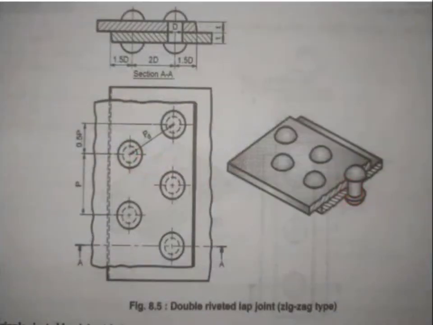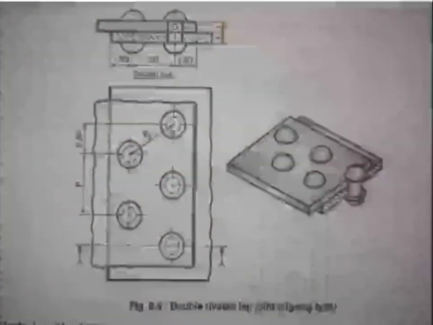This is the front view, and we will see the top view from this. Similarly, first draw this rectangle, then draw this rectangle on top. These two lines indicate the bevel section of 10 degrees here, and draw the center lines here at equidistance. Draw the two circles; the dotted one is the shank diameter, and this is the head diameter. And similarly here draw the front view. This is the bottom plate, this is the top plate. Thickness of the plate is T.